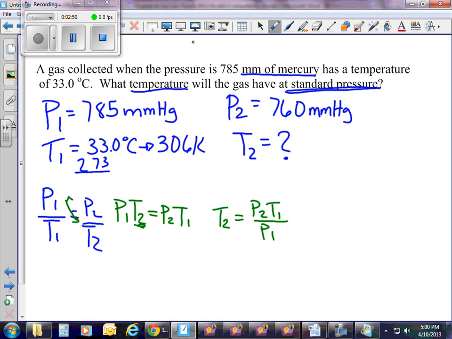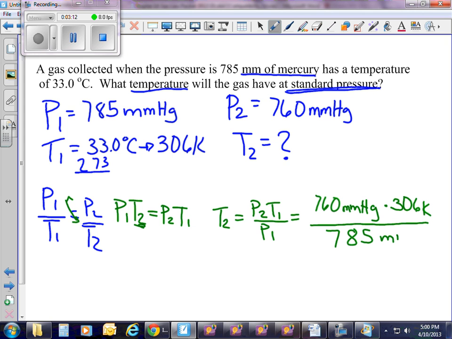Insert those numbers. So our P2 is 760 millimeters of mercury times our T1, so 306 Kelvin, divided by our P1, so 785 millimeters of mercury. Those cancel out. We're left in Kelvin, which is perfect. So if I plug that into the calculator,